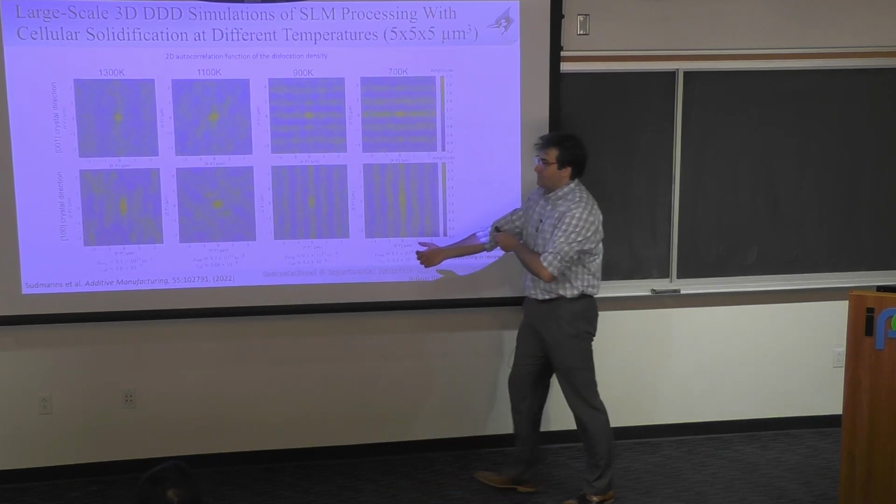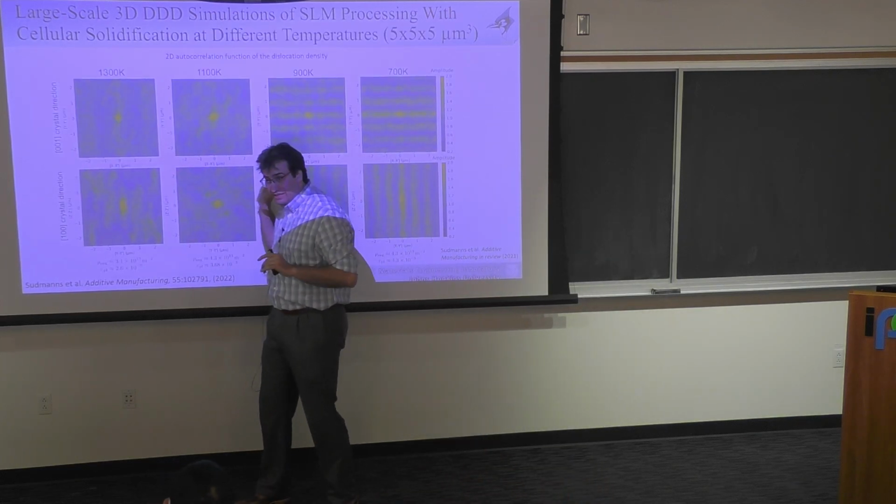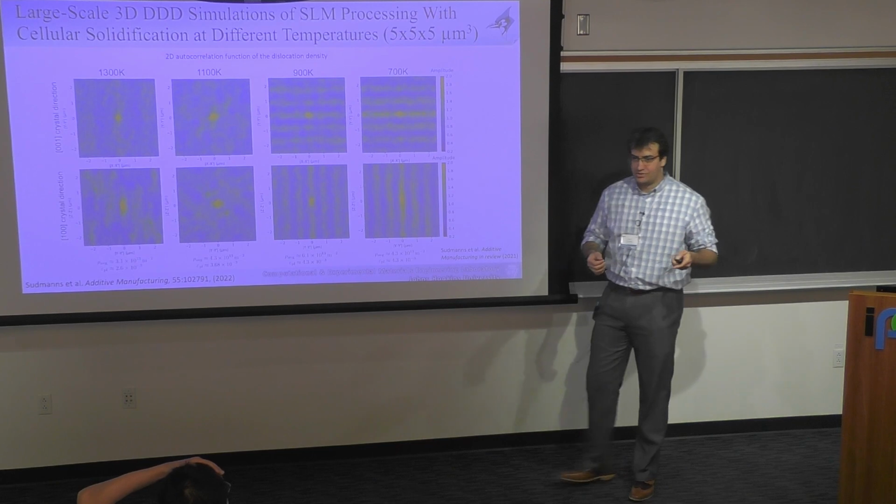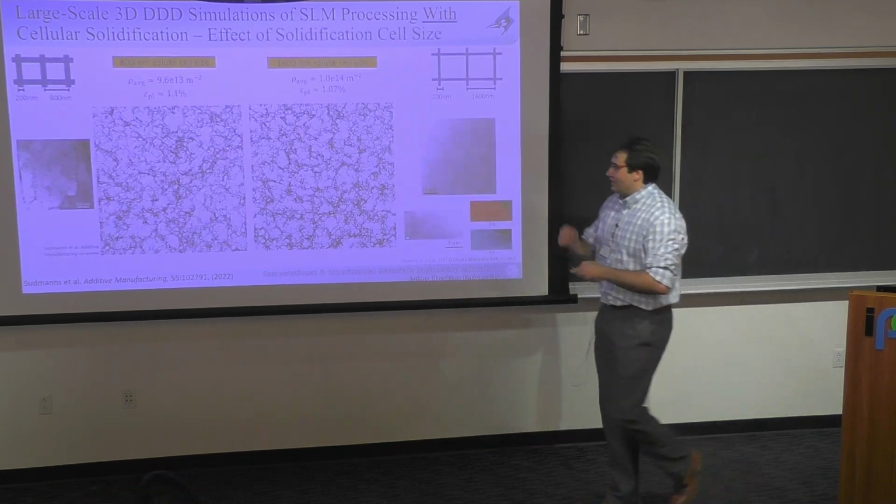But we can do the analysis as a function of temperature. Again, we didn't do the full cool down in this set of simulations, but I just decided to run a simulation with the chemical walls, but at 1300 and let the simulation run for a while. Do it at 1100, do it at 900, do it at 700, and so on. You can see that the patterns don't form at these high temperatures, but they start forming when you go below 1000 degrees. Why? Because the solutes have a higher influence on the pinning of dislocations at these lower temperatures as compared to high temperatures where the mobility is quite fast. Other questions? Okay. In the interest of time, let me skip this.